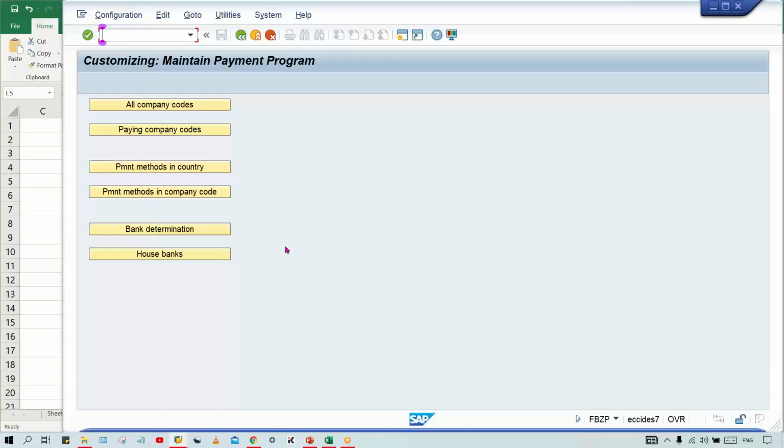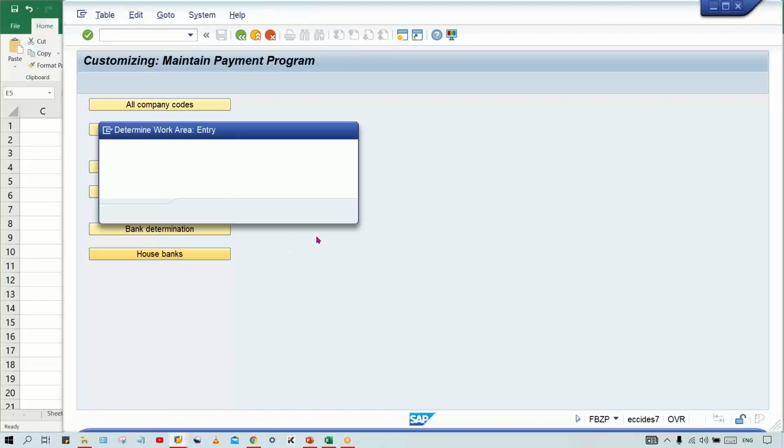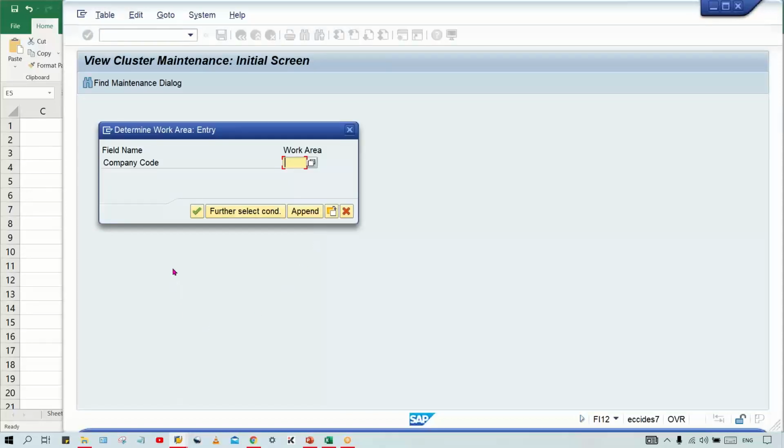If you have to make payment to the vendor, then of course the payment will be transferred from a particular bank account, right? So those bank accounts are going to be set up here in the form of house bank. So click on house bank and give your company code. I'll tell you, guys,